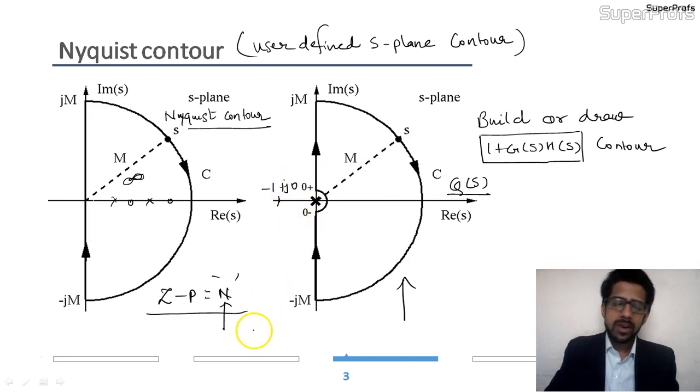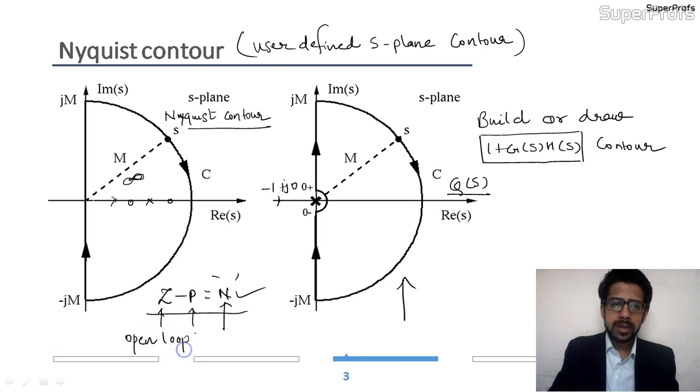Okay, now you know N, you have a Nyquist contour to detect if any pole lies on the right hand side of S-plane. Okay, so now one more thing, these Z and P are open loop zeros and poles,